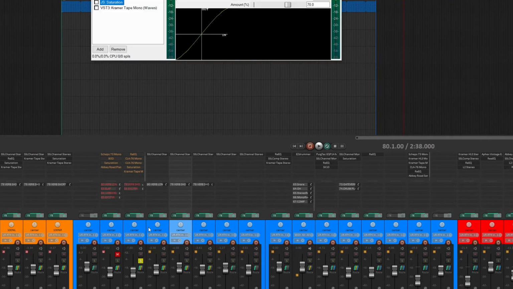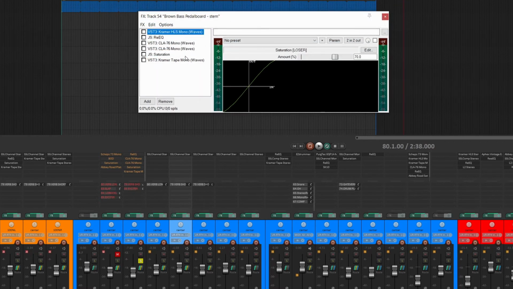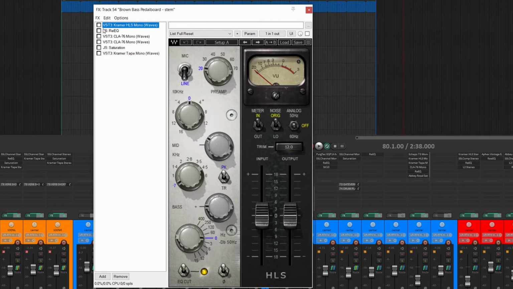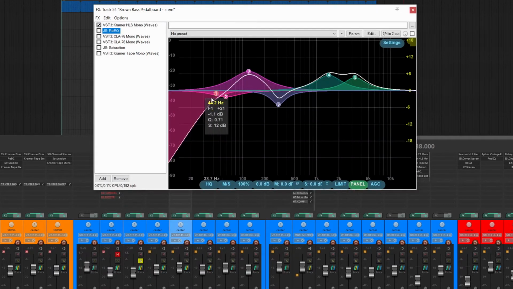And I did a kind of cardinal sin here where I used effects to bring up the volume. I hit it with the same things that I'm hitting everything else with. Kramer HLS, again, 700 Hertz, 2 dB boost. My standard bass EQ that I've just copied and pasted over from everything else.